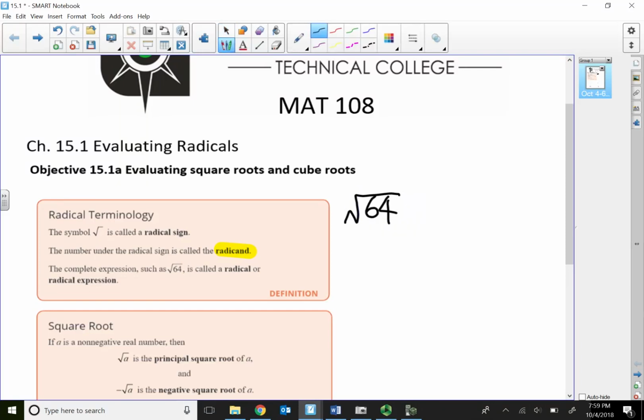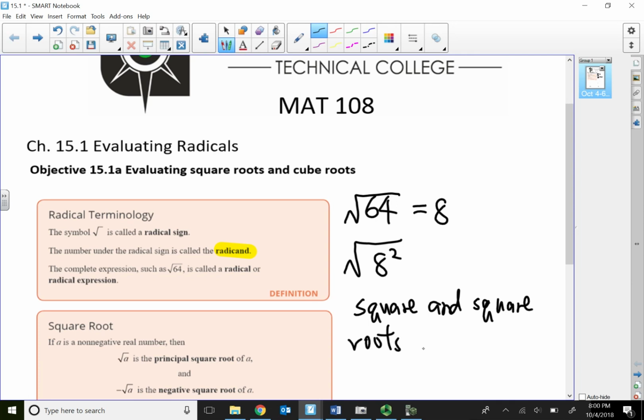There are several ways to look at this. I'm going to explain the very basic fundamental way. We know 64 is a perfect square, the square of 8. So I can actually write the 64, the radicand, as 8 squared. Since square and square root are like opposite operations,